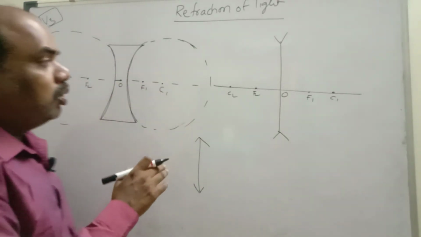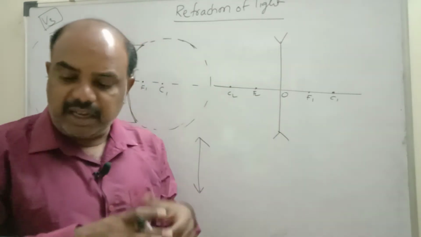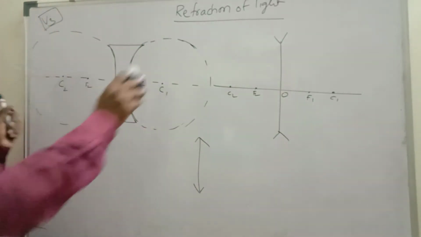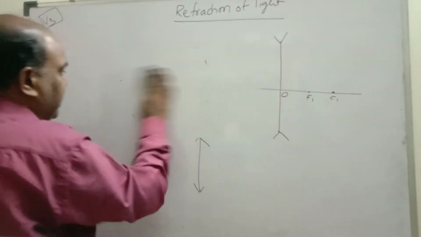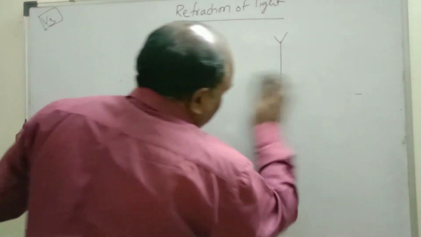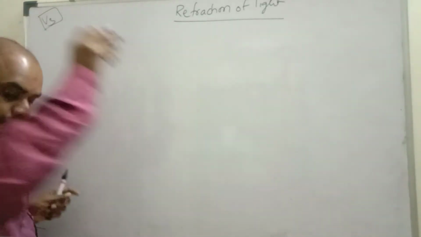Now we are going to draw ray diagrams, the image formed by the convex lens and the concave lens. How the image is formed by these lenses. Then after that we will see what the uses of lenses are. Then after that we will see the focal plane. So a big topic, an interesting topic also.